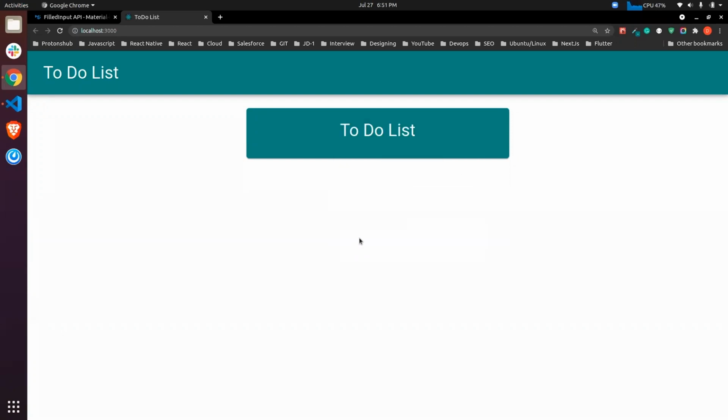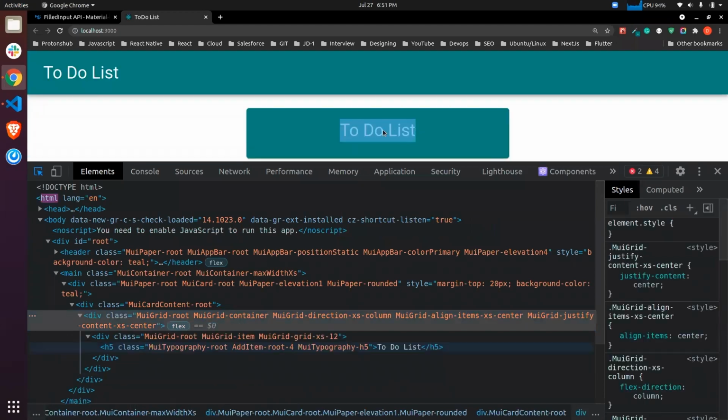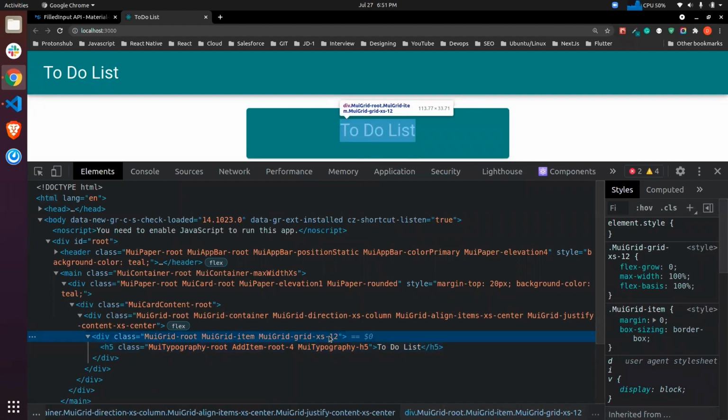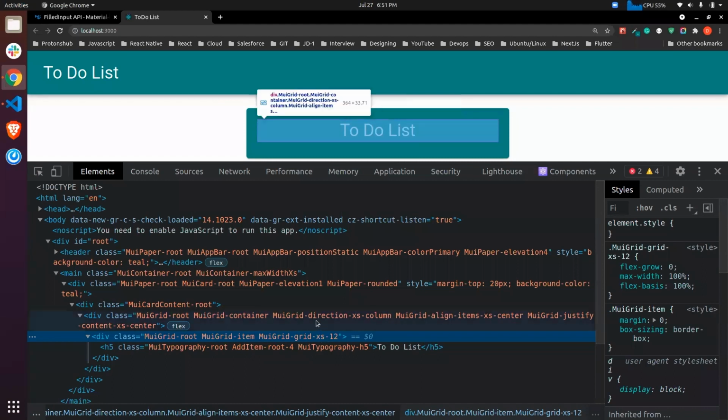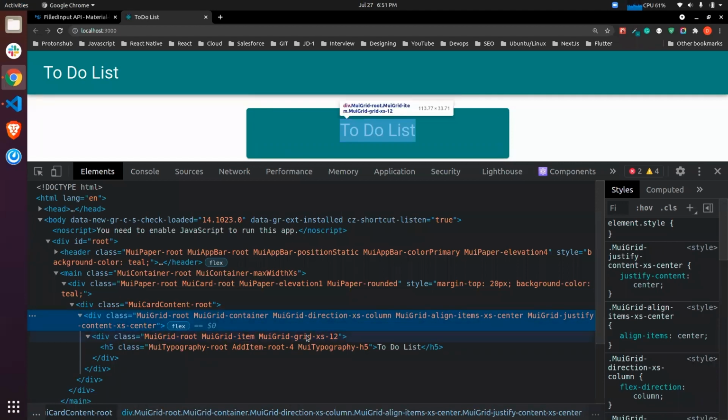So let's see how much space this to-do list grid is taking. This is the grid, and as we have aligned it to the center, it is taking this much space. This is the container. Inside this container we have a 12 grid, and inside this grid we have our text.